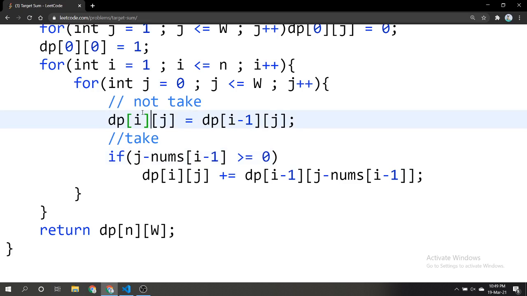Okay, so if I don't take any element, then for taking from the first i elements, the number of cases when my sum equals j will be equal to the number of subsets from the first i minus 1 elements when the sum is j.